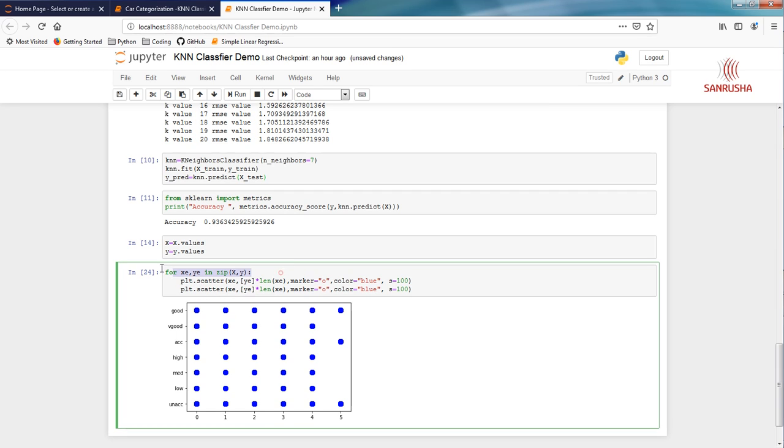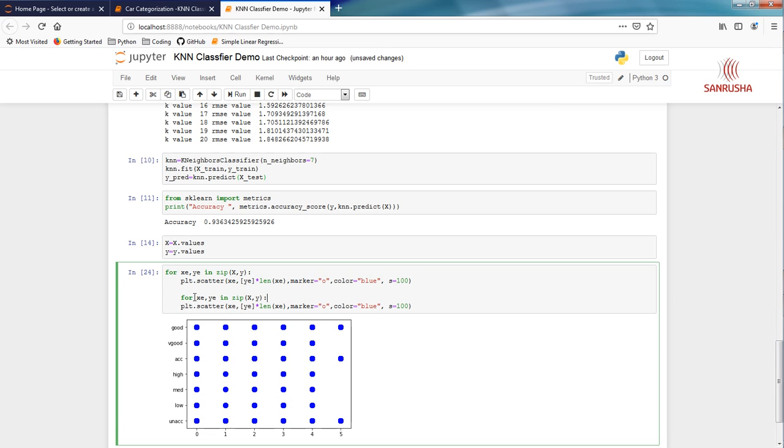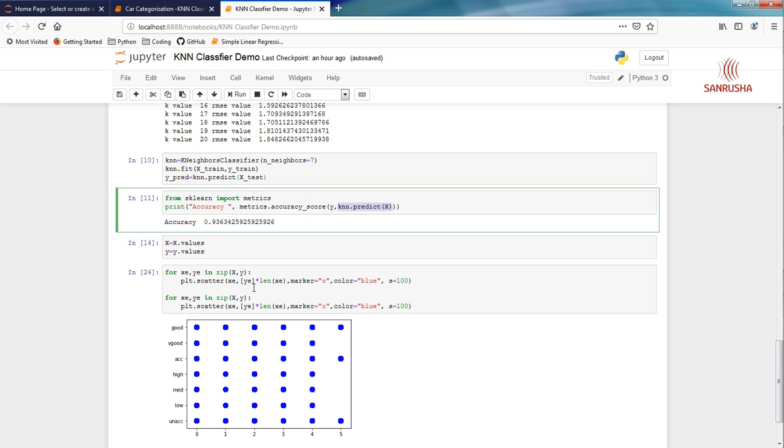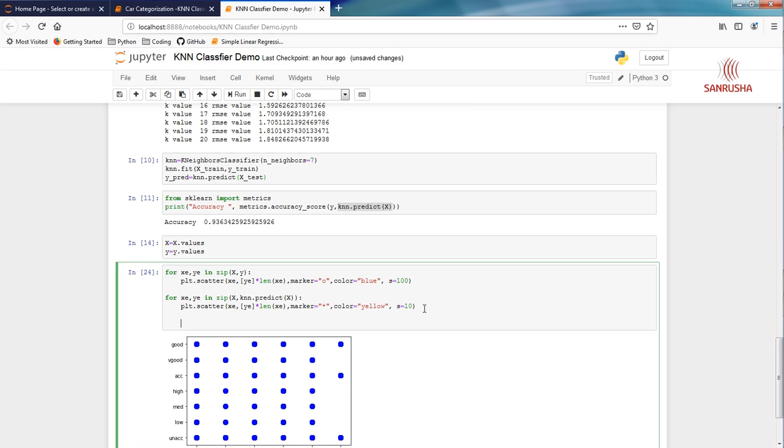So we will say for x, and instead of y it is going to be knn.predict, and the rest is going to be the same, and here we will say yellow, and instead of 'o' we will say star, and we're going to reduce the size to 10 so that it plots on top of the actual value, and then we will say plt.show.